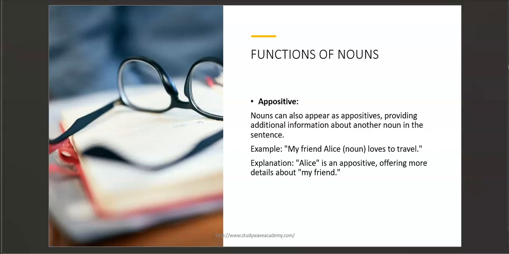So Alice here is an appositive, offering more details about the friend. So you can as well say my friend loves to travel. That is very correct, a perfect sentence. But because you want to use the appositive nouns, which just give additional information about the noun, then you go